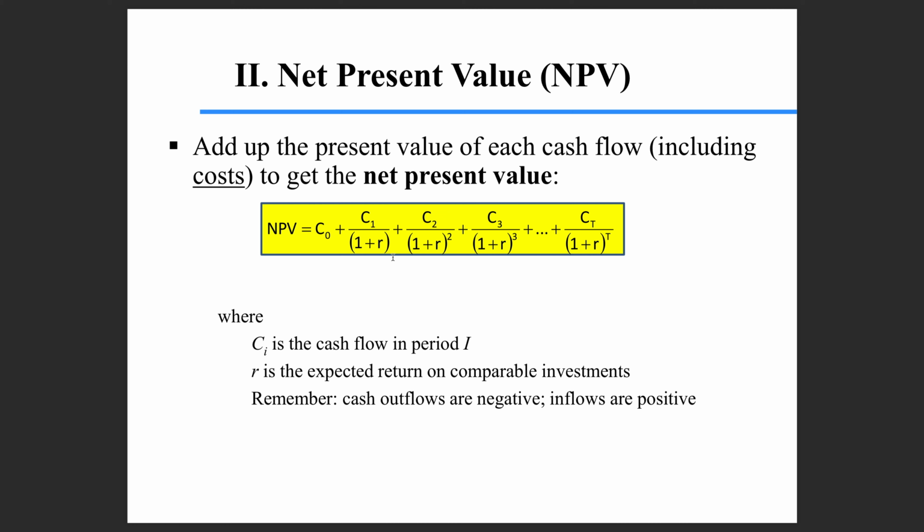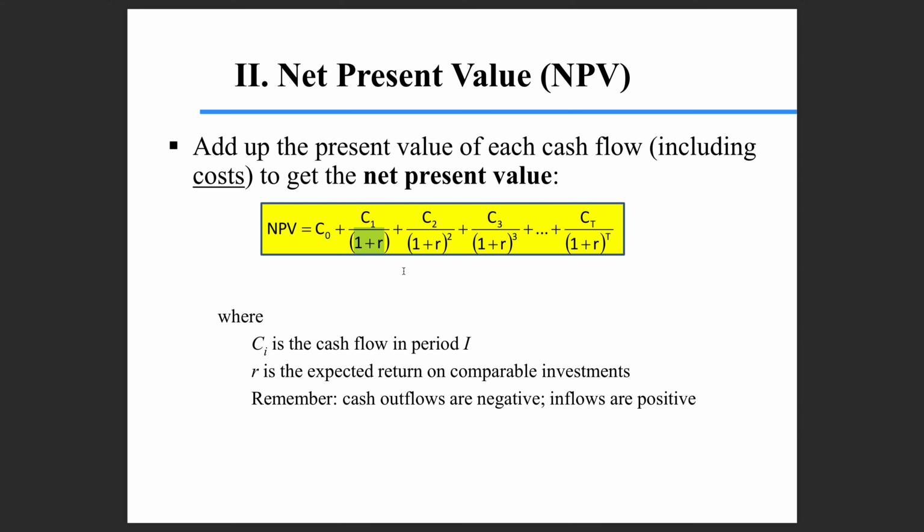The cost, the time zero cash flow, the negative one, doesn't depend on the interest rate. It's not discounted because it's already a present time cash flow. Each other cash flow is discounted by 1 plus R. And this is a number greater than 1. So, by dividing by 1 plus R, a number greater than 1, the value of each cash flow is